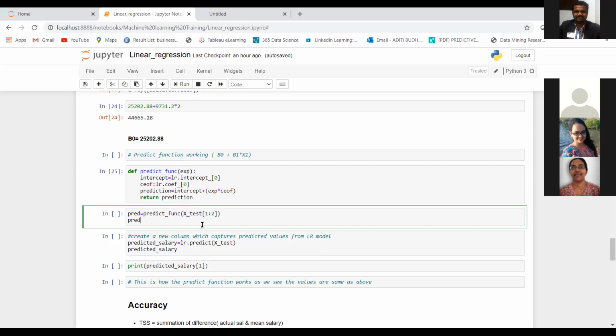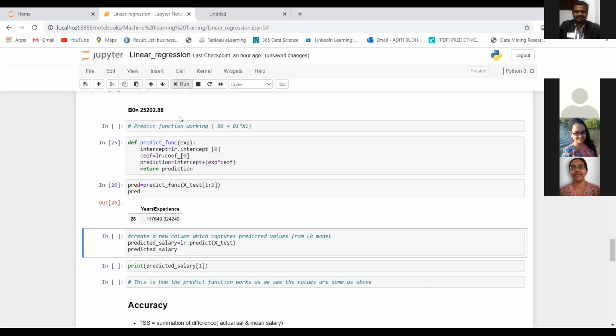So 1:2 means just the one value which is present at the first index position. For the sake of demonstrating it to you, I will just take one value and predict the value for that. So this is the prediction that we are getting for that one particular X value.